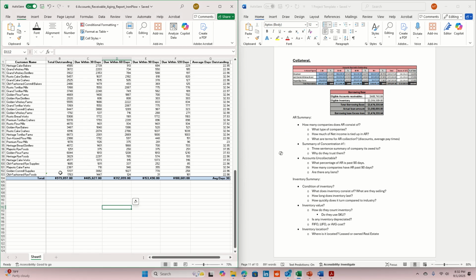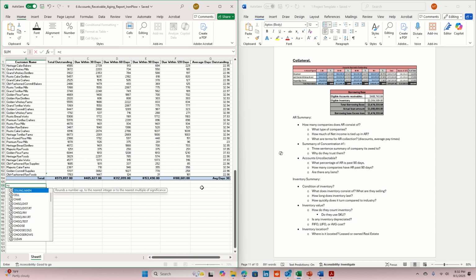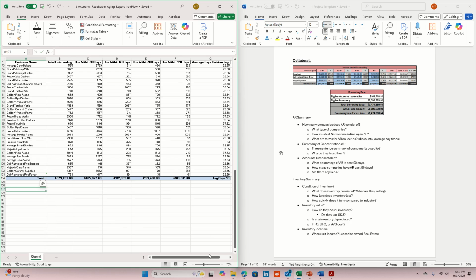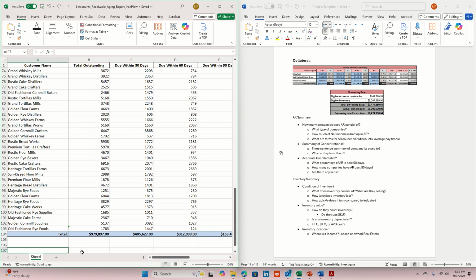Okay, so now that we have our stuff, what we can do is use a function. I want you to do this to start: COUNTIF. Let me zoom in. Okay, we're gonna do equals COUNTIF,